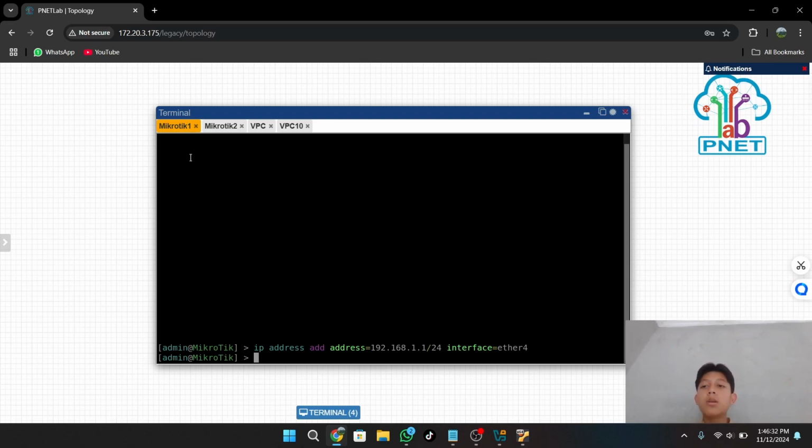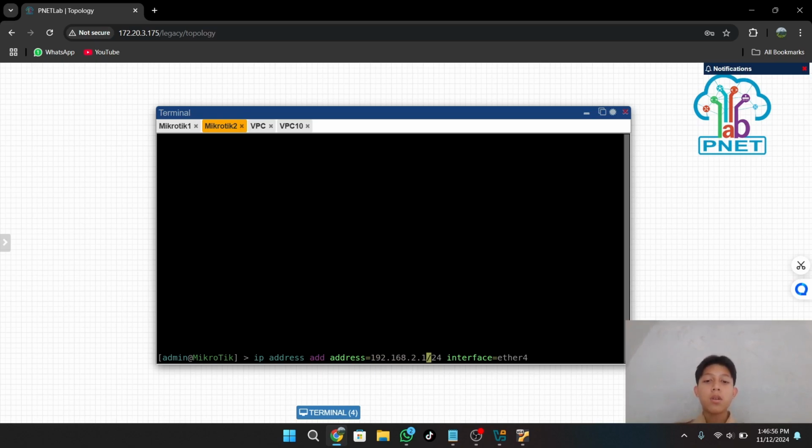This is for MikroTik 1, and for MikroTik 2 it is the same: the interface is ether4, and the IP is 192.168.2.1.